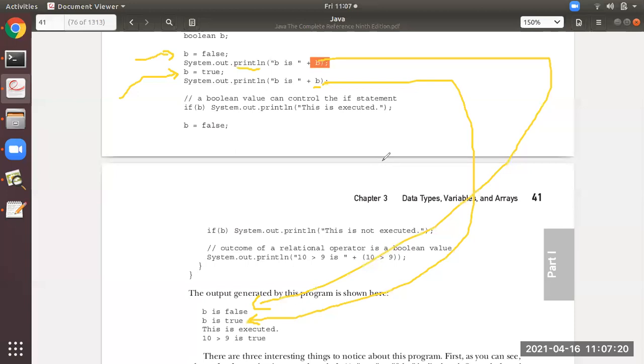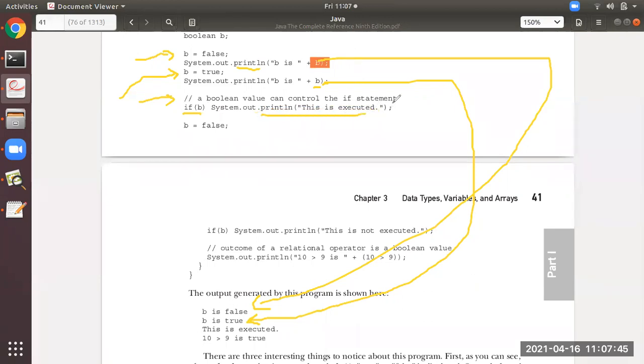After that, you see there is a comment. The compiler will ignore it. Then there is one if condition, if (b). What is if (b)? That is if true. b is true, no? So if true, it will evaluate this println.